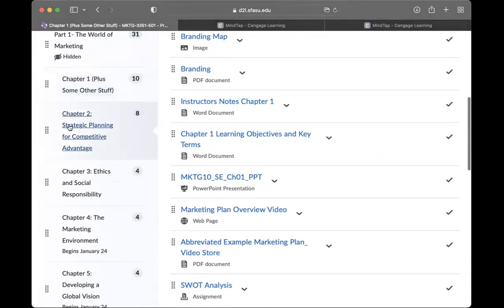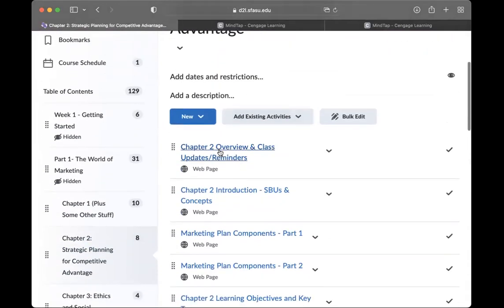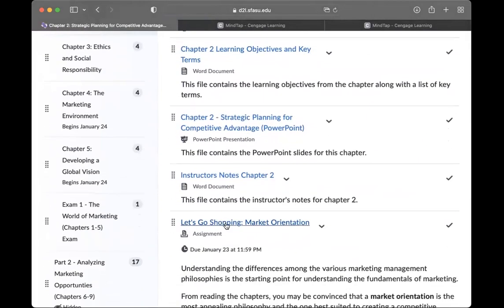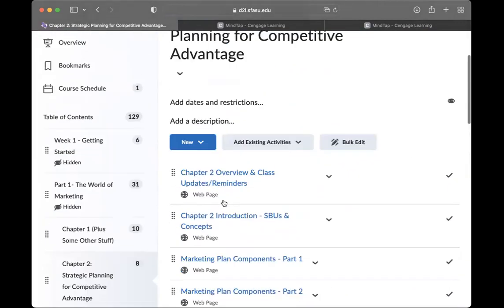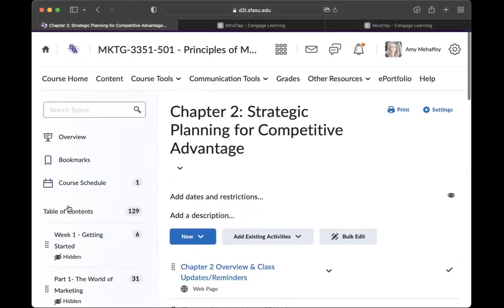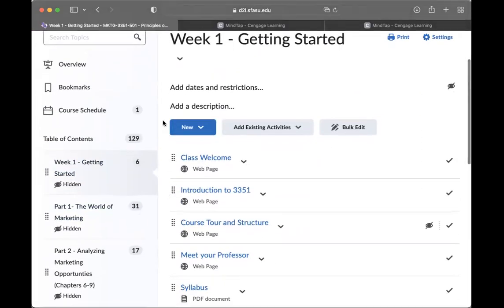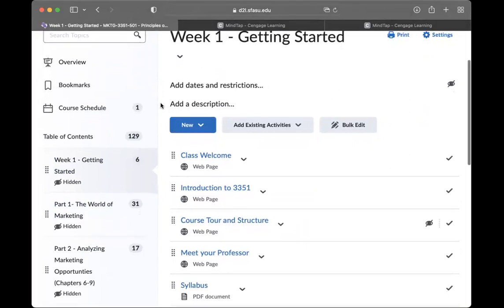So if you click on each chapter and you start at the beginning and you work through each section on your own, you'll start to see things build on one another, and hopefully that learning will start to make sense. If you look at your course schedule and you just click straight into a Dropbox, you will be confused and you will not have all of the information. So it's super important that you walk through each part of the module.